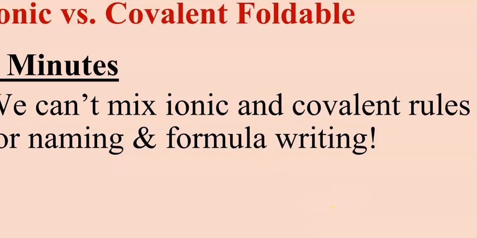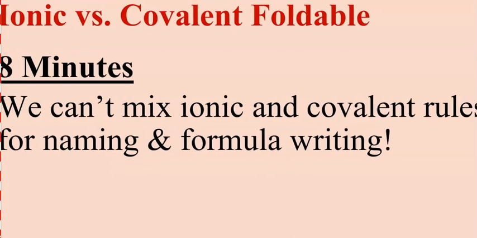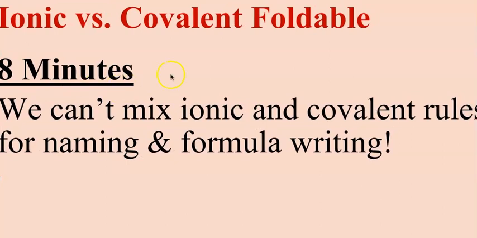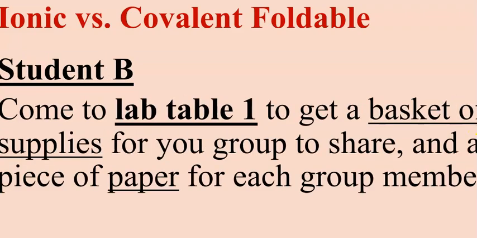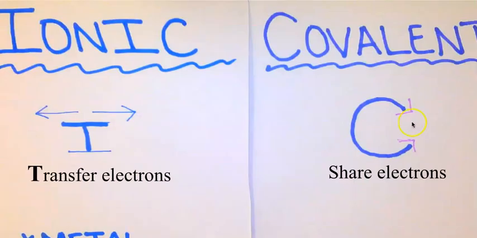Okay, so next there's going to be some instructions to make a foldable. So if you want to follow along at home and make a foldable, what we want to do is take some time to make a foldable. And it's going to look something like this. And you can make one at home. So on a piece of paper, first you're going to write an ionic and covalent. So if you took a piece of paper and just folded it in half, on the left side you can write ionic,